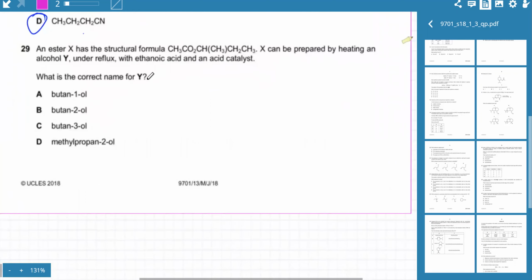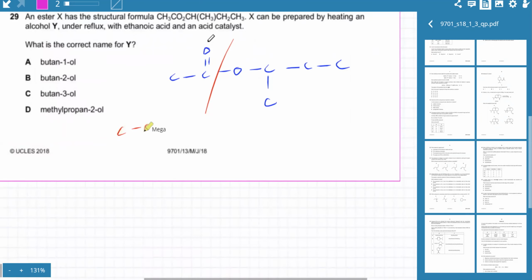Then this one: an ester X has the structural formula shown, and can be prepared by heating an alcohol under reflux with ethanoic acid and an acid catalyst. So you just have to figure out the alcohol molecule. Just draw this molecule quickly: it's C, then there's CO2 with that carbonyl bond O and O, and then there is another C with a CH3 branch, and then there's two more C's after that, right? So that's your ester. You need to break this molecule. This side becomes the ethanoic acid side, and this side becomes